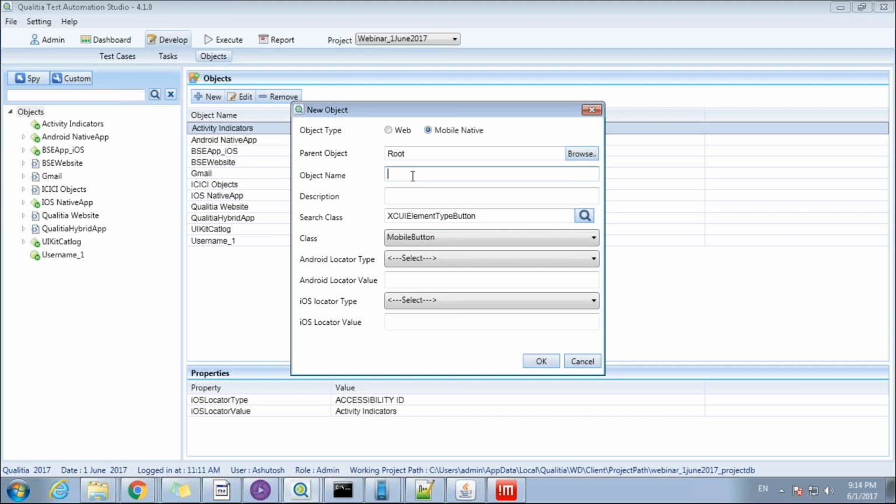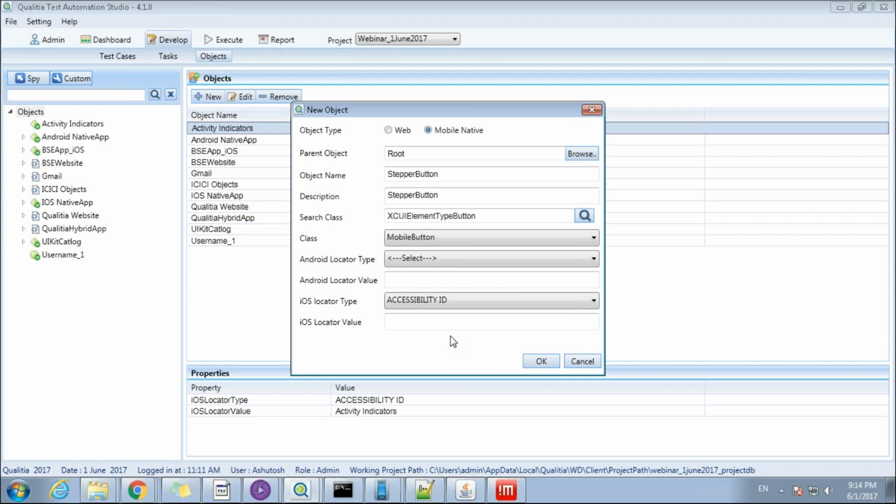Okay, so when the user selects this, the user can give an object name. Let's say we write stepper button here. Maybe we give some description for the object. Now the next step is to use a locator type so that we correctly identify the object. These are the different types supported by Qualicia. You can either go for ID or accessibility ID or a class, or you can write your own XPath.